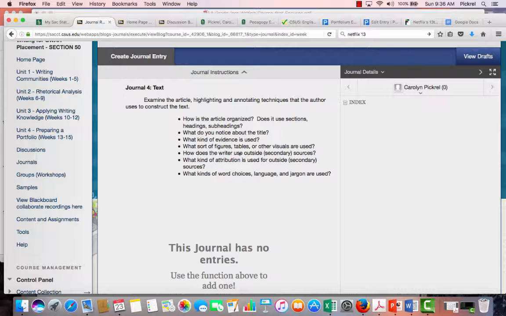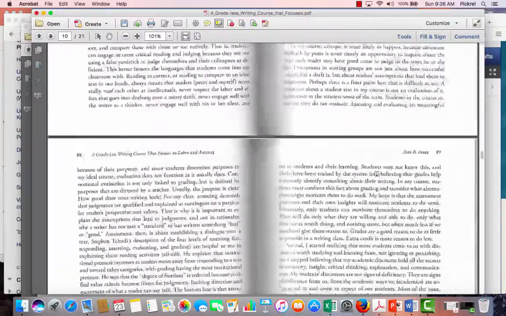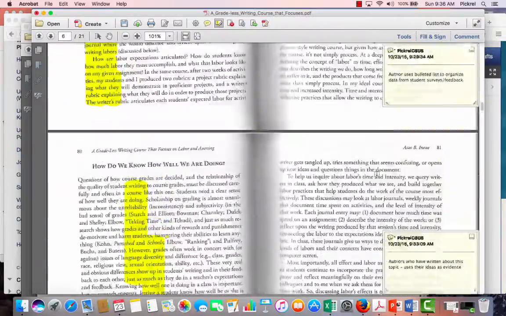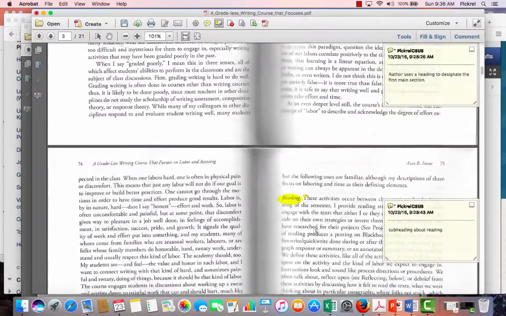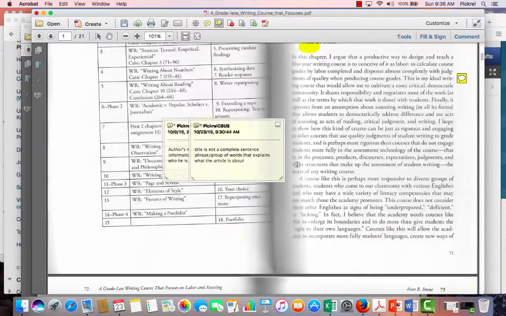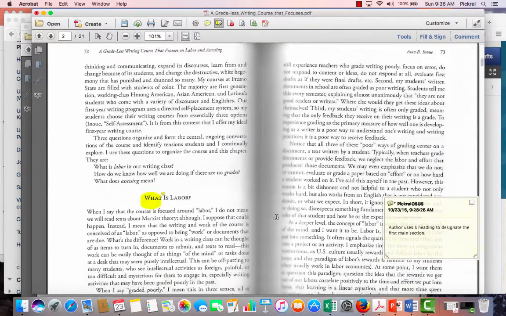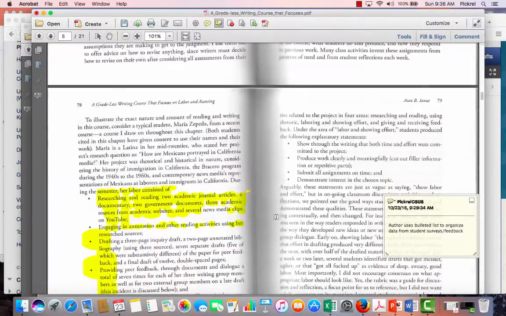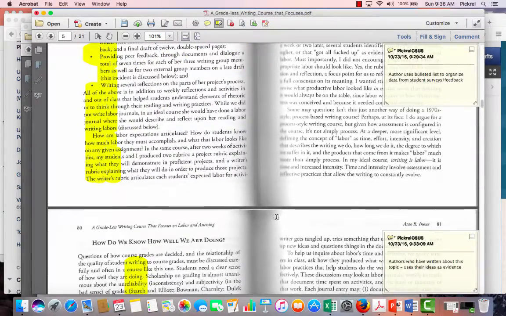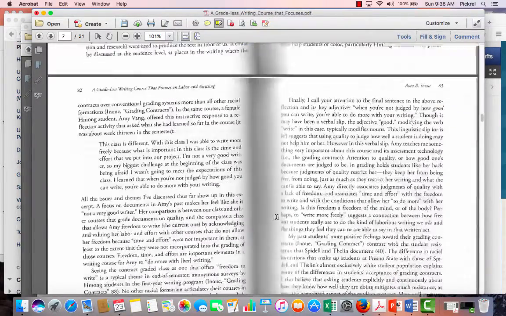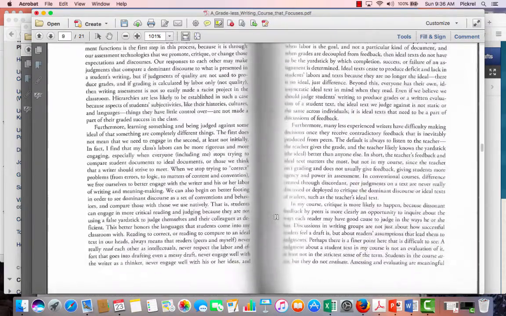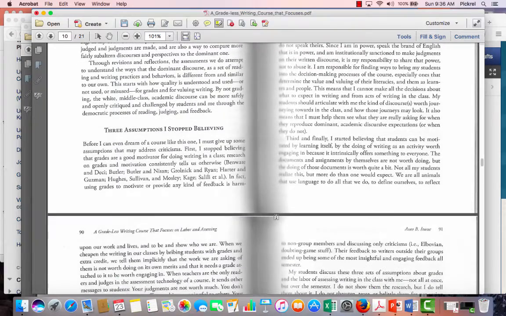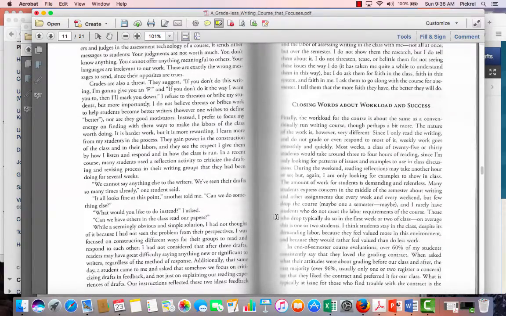The next question: what sort of figures, tables, or other visuals are used? If we look at my particular article, there don't seem to be a lot of visuals. A more scientific study might have graphs, charts, tables. I think the one visual or statistic that this author uses is not until the very end, where we get some statistics about the student's success with this sort of